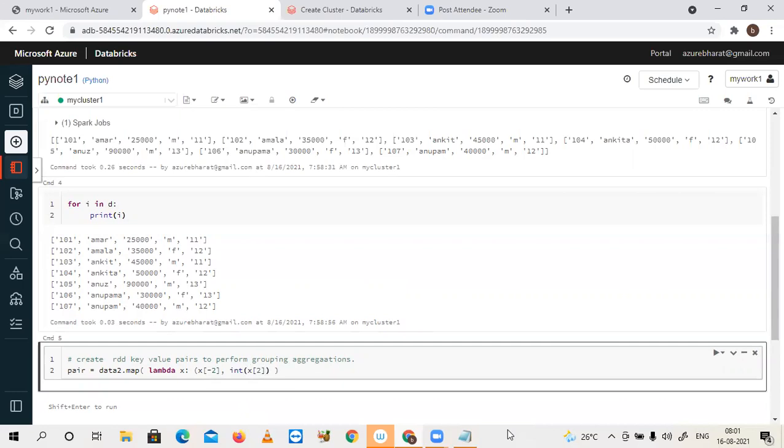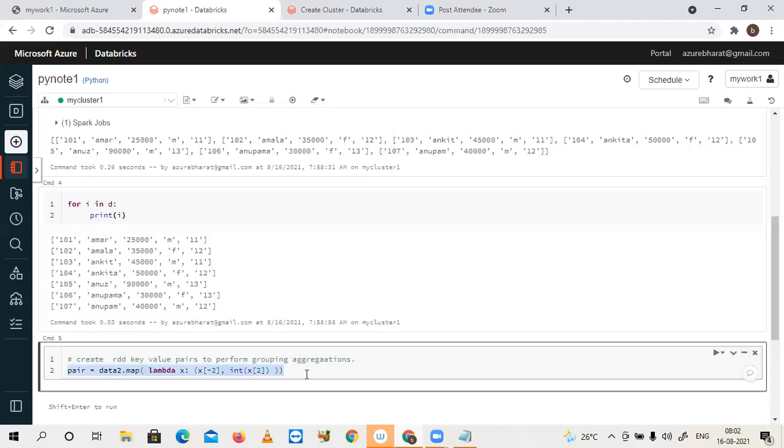I think one more bracket is required. Got it? This is pair equal to data2.map of lambda x colon, a key and a value. After that, the lambda function is closed, and after that, the entire map function is closed. Be careful about brackets. So this is your next step.